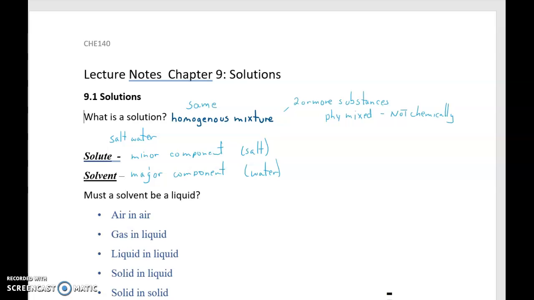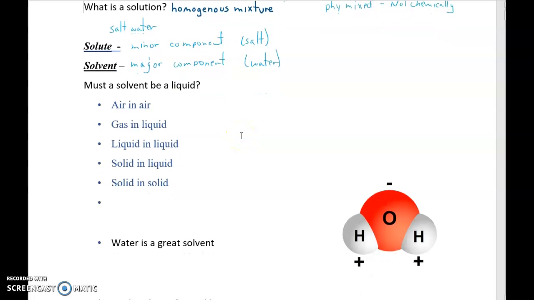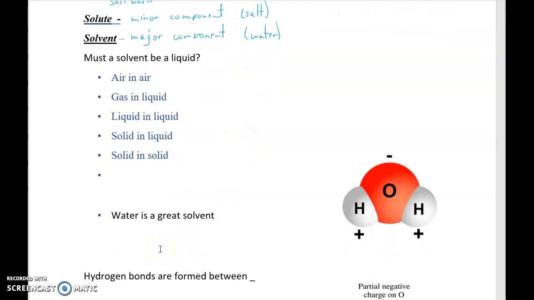Now, when I gave my example, I gave it as salt water, and that is a very common solution. But must the solvent be a liquid? The answer to this question is no. You can have gas mixed in gas. In fact, the air you're breathing right now is mostly nitrogen with some oxygen mixed in. So the nitrogen is the solvent and the O2 is the solute, along with CO2 and argon and some other